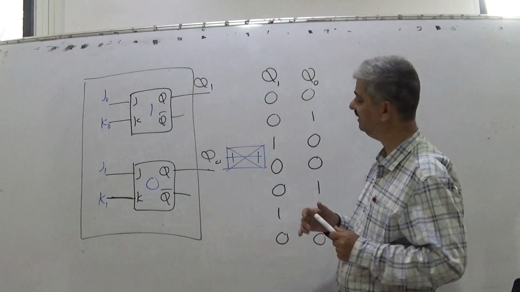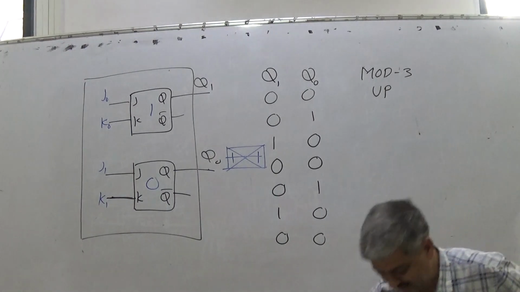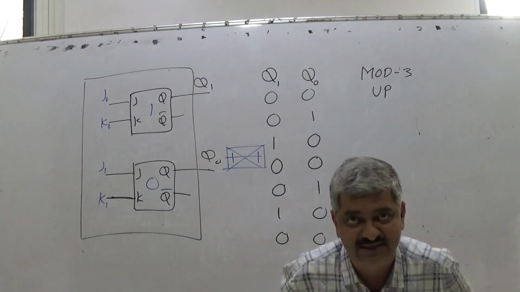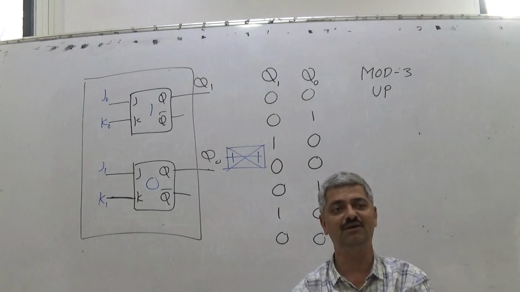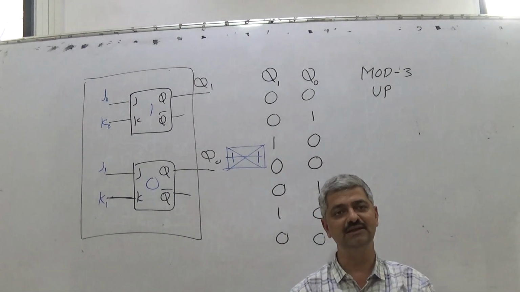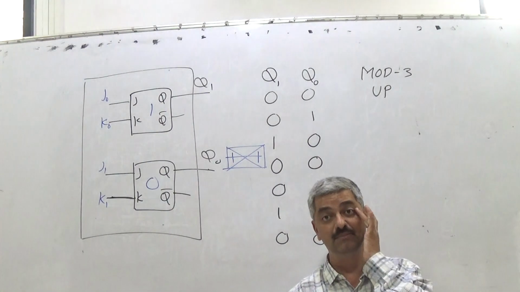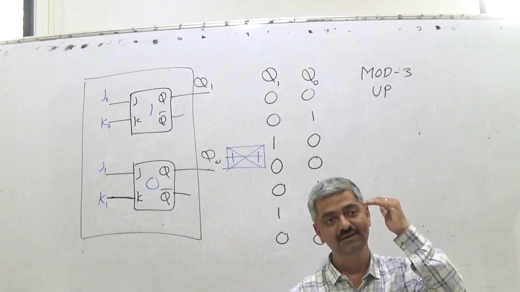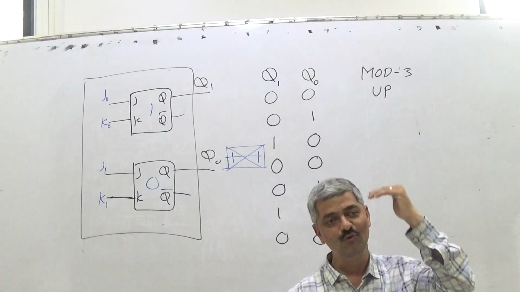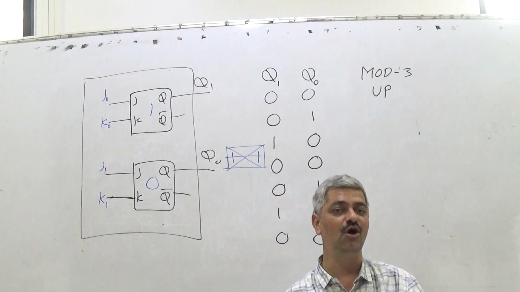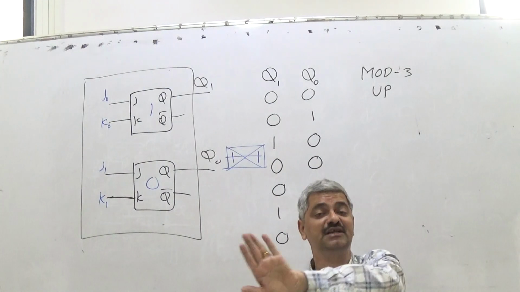So what we find here is that it's very obvious. In binary counters which we discussed till now, we found that there was no issue of designing for flip-flop number 0, because irrespective of whether it was a binary up counter or a binary down counter, the bit Q0, output number 0, that is the least significant bit of any counting sequence, always toggles. So while designing for that, the question of looking at other bits of the counter did not arise.